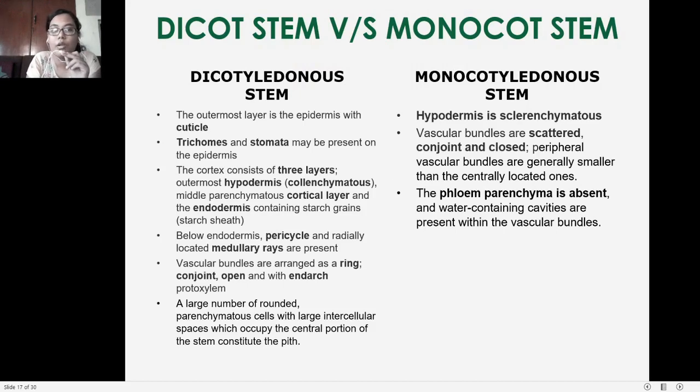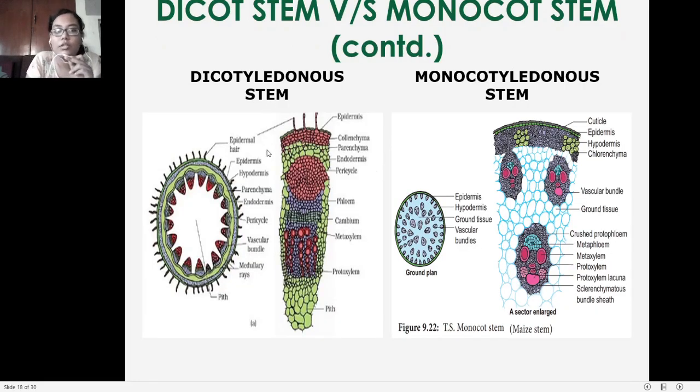Okay, so dicot stem, the structure here you can see, this is the longitudinal section. Here we have epidermis with hair-like extensions or trichomes, then collenchyma, then parenchyma. Collenchyma, as you know, has thickened corner cells with no intercellular spaces, followed by a parenchyma layer, which is thin, loosely packed cells having intercellular spaces.